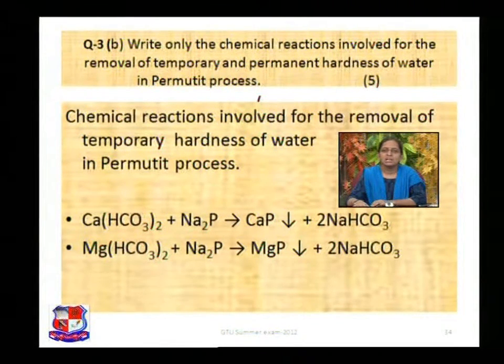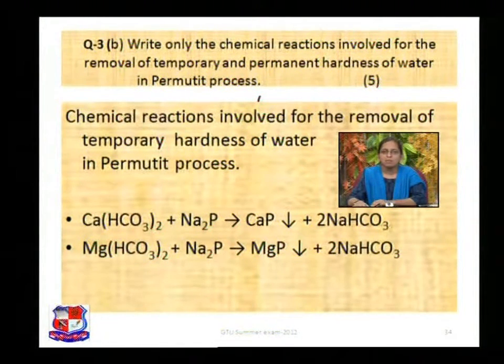You are very clearly aware that for temporary hardness, bicarbonates of calcium and magnesium are removable. So what we are doing, we are passing the entire hard water through the sodium permutit. Sodium permutit symbol is taken as Na2P. So what happens when you are passing this hard water through the sodium permutit? The first thing that will take place is you can see the reaction